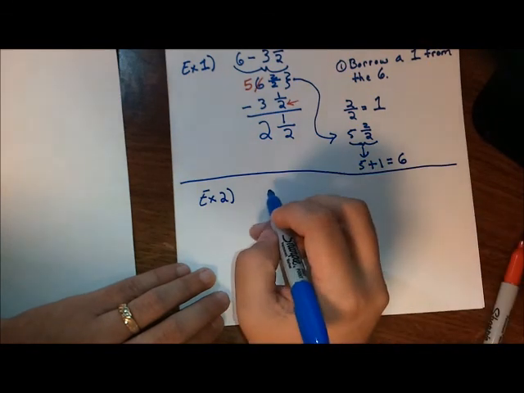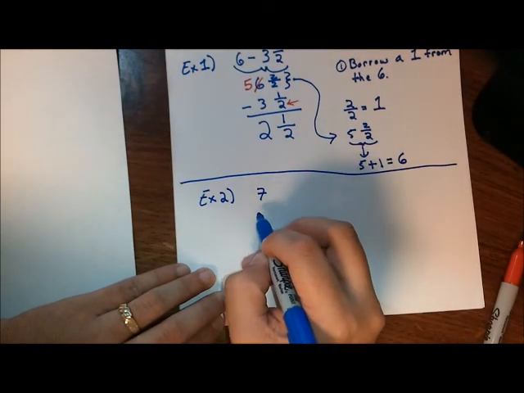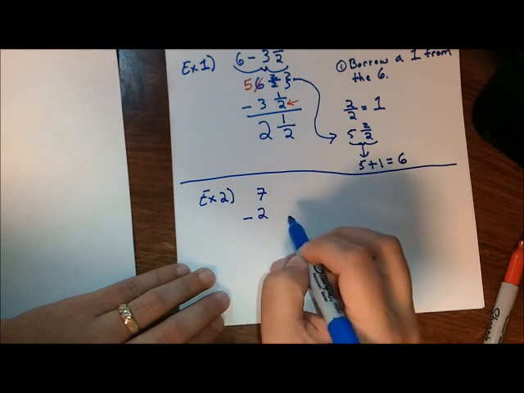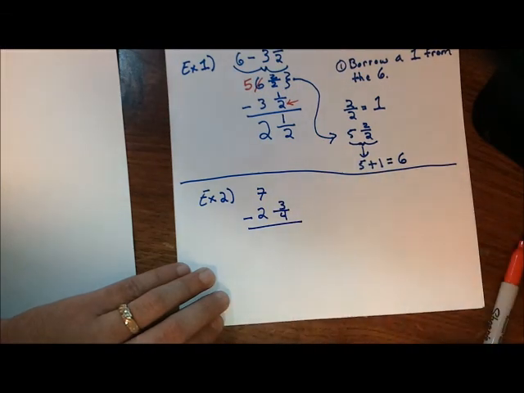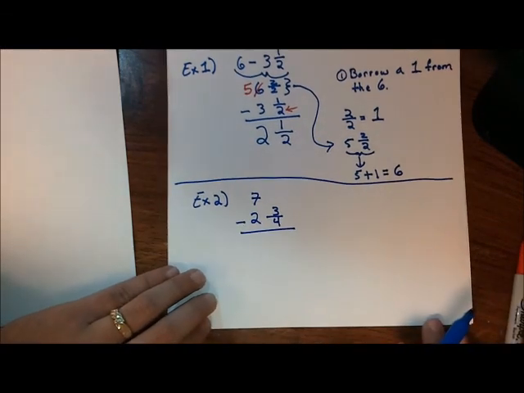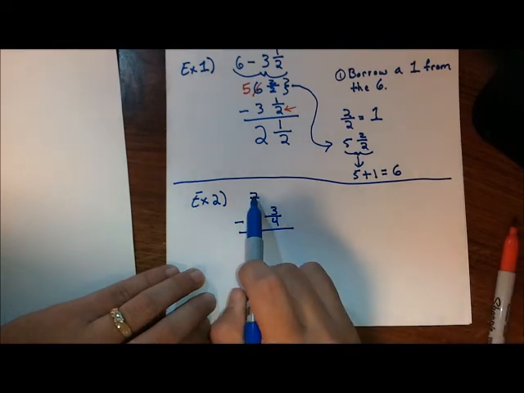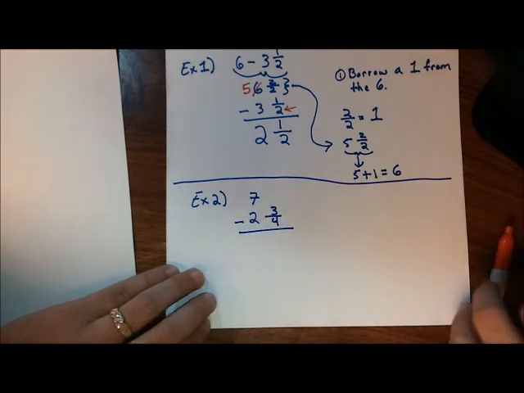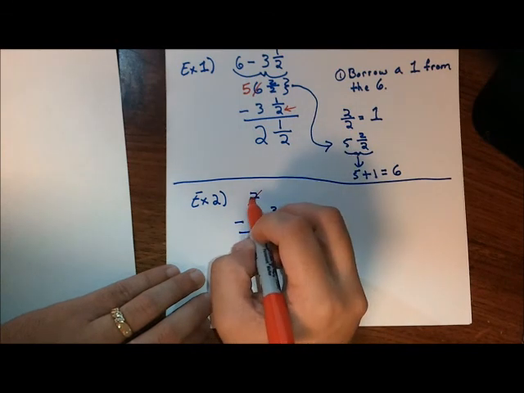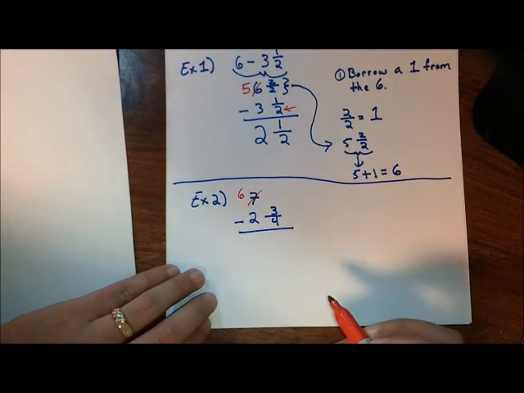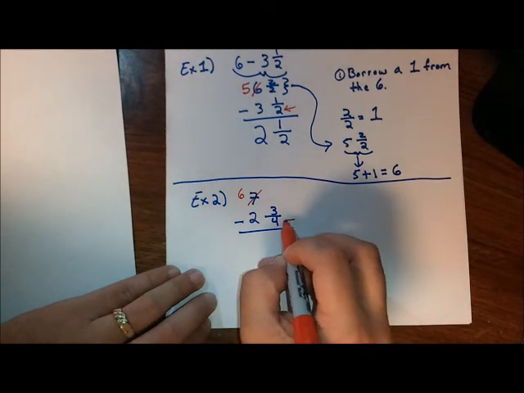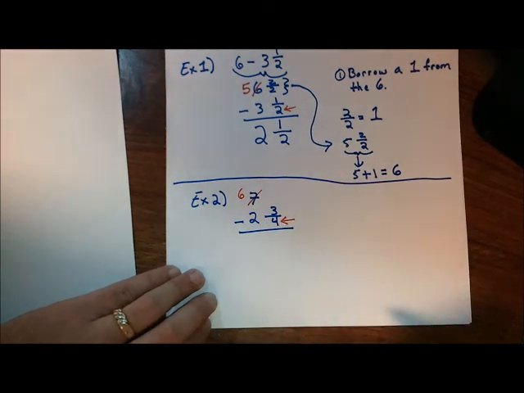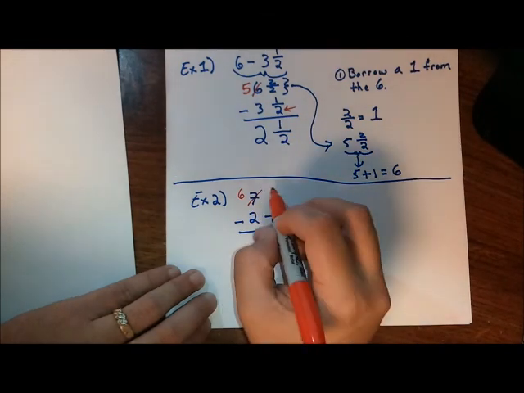In this example, we're just going to go ahead and use 7 minus 2 3/4. Now remember, our first rule is going to be to borrow from the natural number, in this case 7. We're going to borrow from the natural number only 1, which will give us 6. So what will be our new fraction that we're going to create? Remember that we're going to look at the denominator for the mixed number. In this case, the denominator is 4. So our fraction that we're going to create is